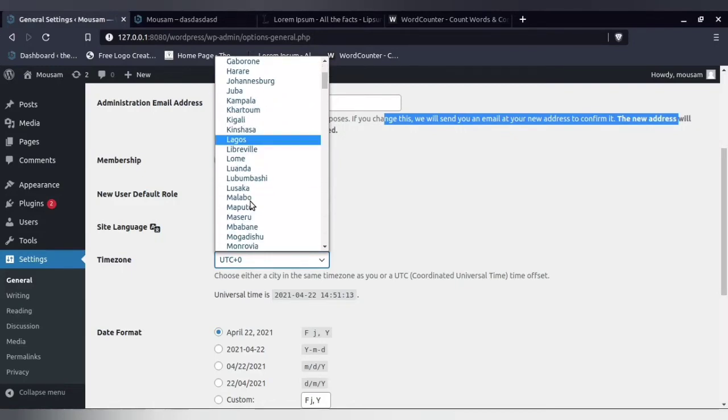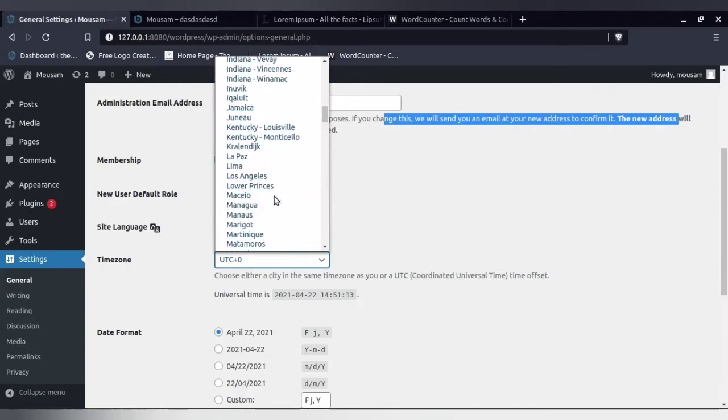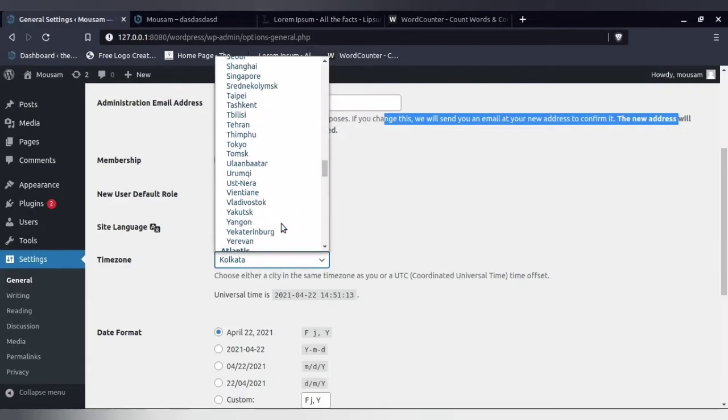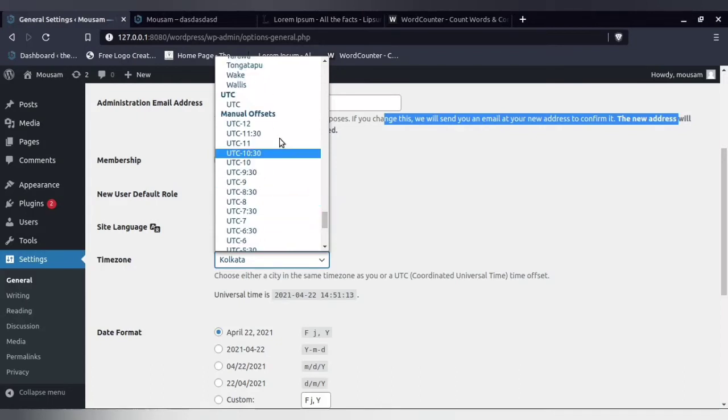If you are in America, then these are the names. If you are in India, then you have Kolkata over here. Now if your city name is not present over here, then also you can use the UTC.